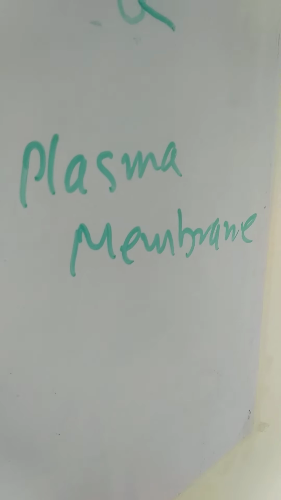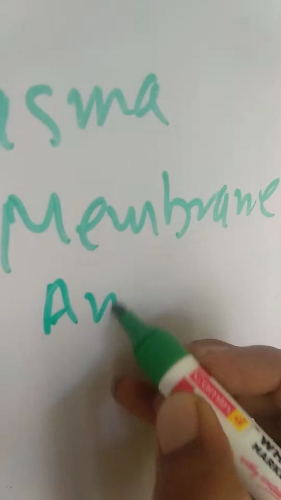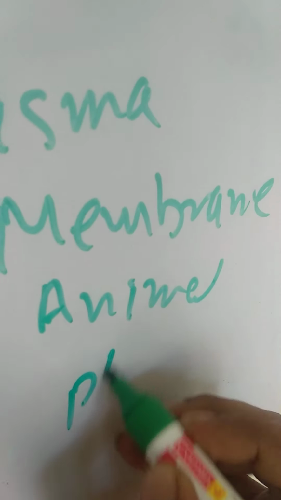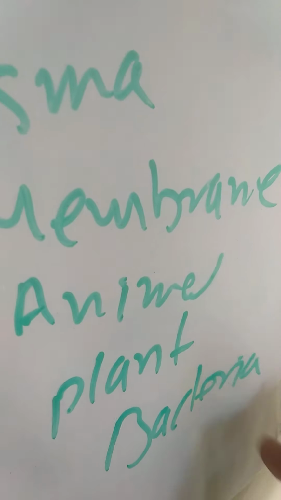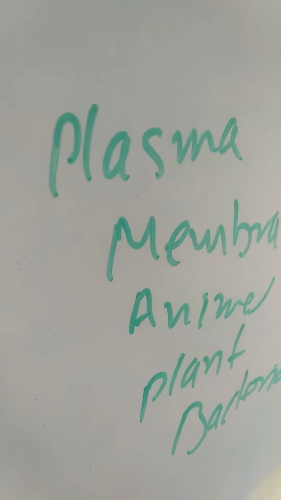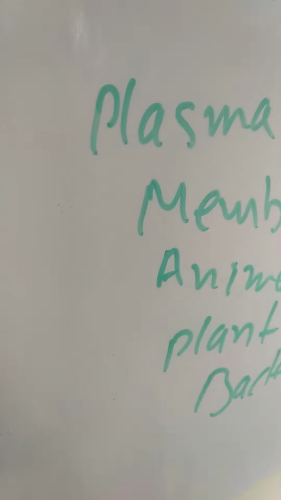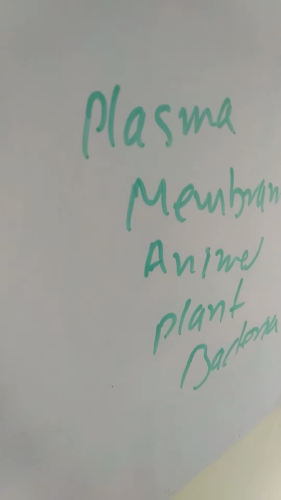I am going to talk here about the plasma membrane, one topic related to the cell. Every outer covering of a cell is called the plasma membrane, even in animals, plants, as well as in bacteria. This plasma membrane covers the outer layer, and it provides several facilities against pathogens, provides mechanical support, flexibility and other things.